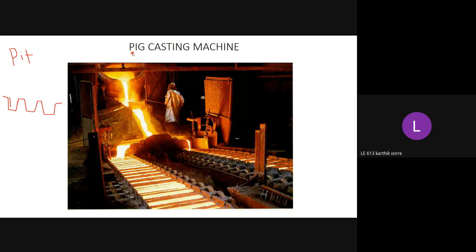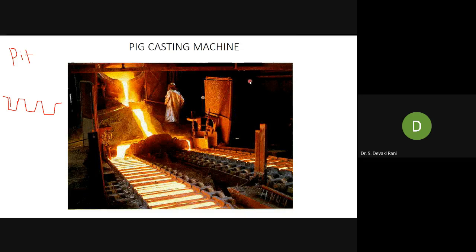Foundries, ma'am, cast iron production. Oh, very good, cast iron. From cast iron, what do you get? White cast iron. Cast iron is very brittle, no? It has greater than 2.5% carbon. It's very, very brittle. What will you do with cast iron? Maybe you can use it for lathe beds or something, but for that also we have to change the cast iron